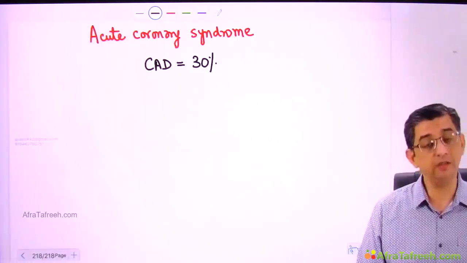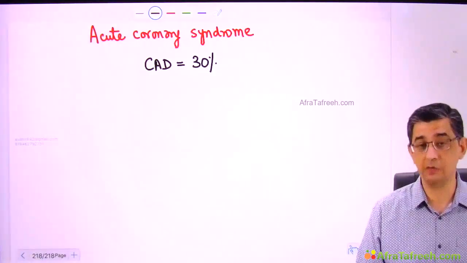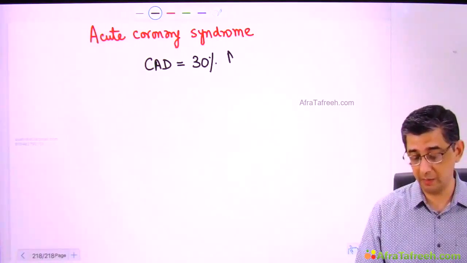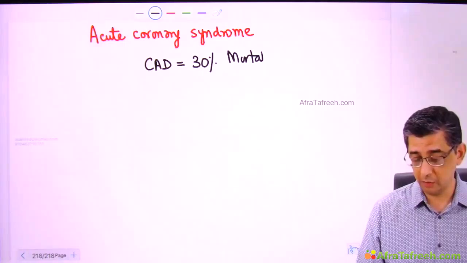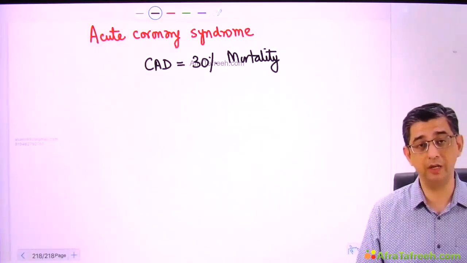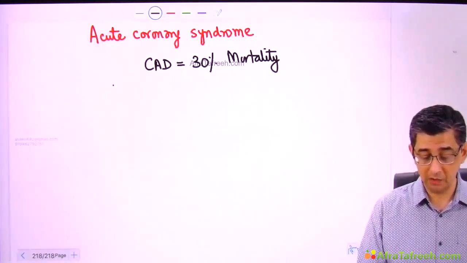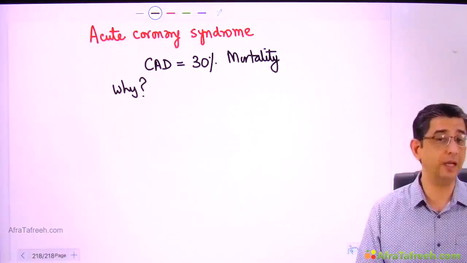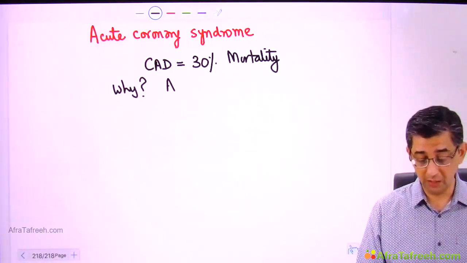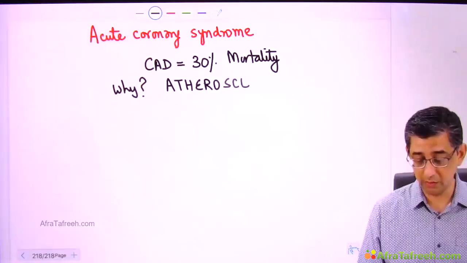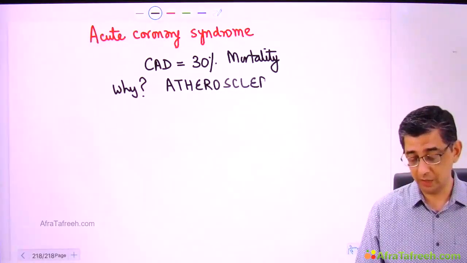But I want to highlight this fact: coronary artery disease per se is one of the biggest contributors to mortality in both India as well as in America. I mean, whether you sit for a USMLE exam or for an Indian exam, the answer for the biggest contributor to mortality remains the same. On this, the usual query of most of the patients would be, sir, why is it happening? Then one single English word that explains all the bad things that I'm going to talk about in the next 2 hours is going to be atherosclerosis.